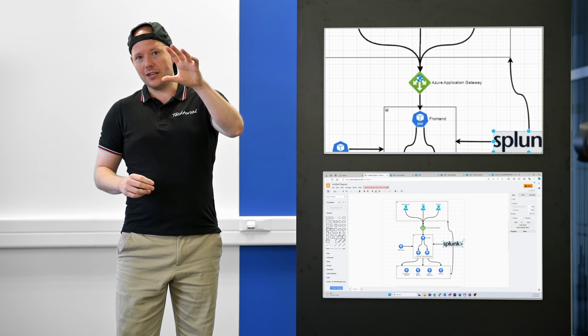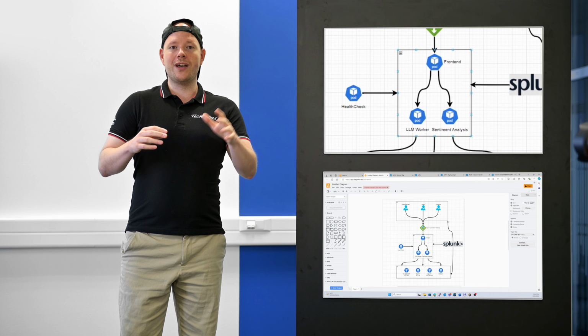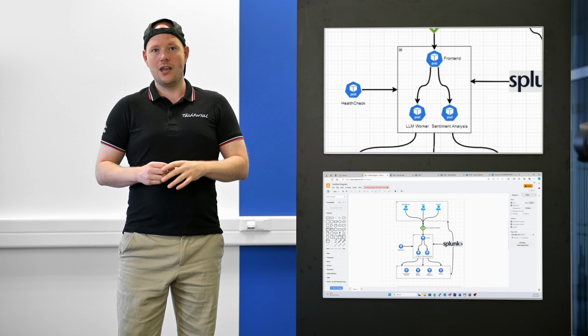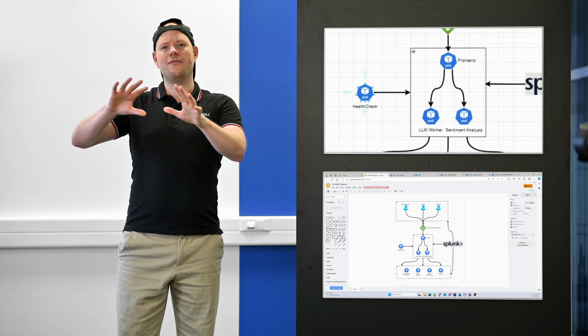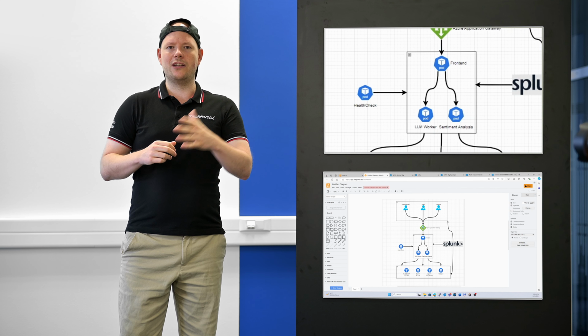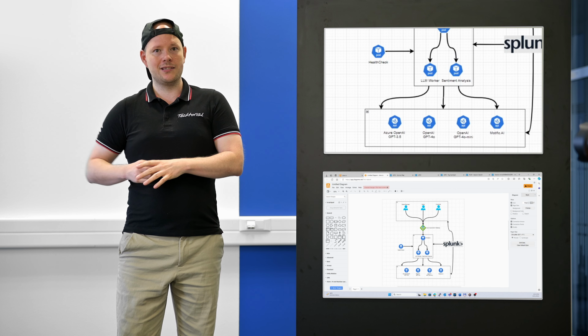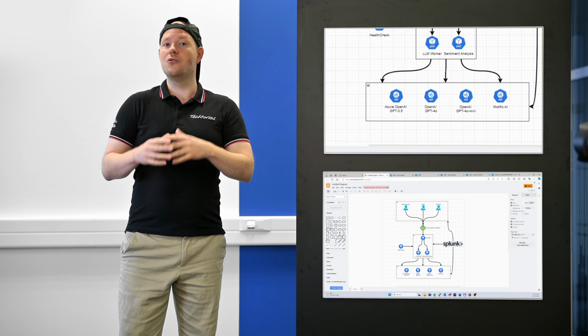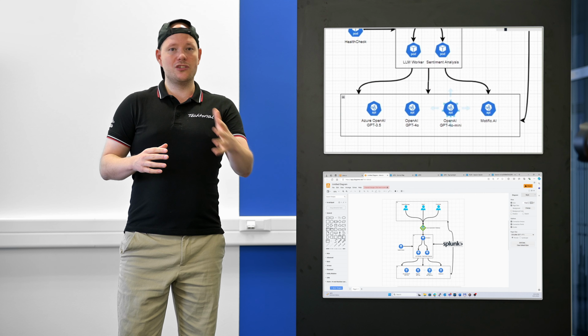We have an application gateway which ensures the external connectivity, and also we have an Azure Kubernetes service which runs different kinds of microservices. We have one microservice which runs the AI workflow itself, we have a health check module, and we have many other microservices as well, like the ones handling the communication to third-party APIs, like OpenAI. We are using different models, for example GPT 3.5, GPT 4.0 and 4.0 mini, just to make sure we can